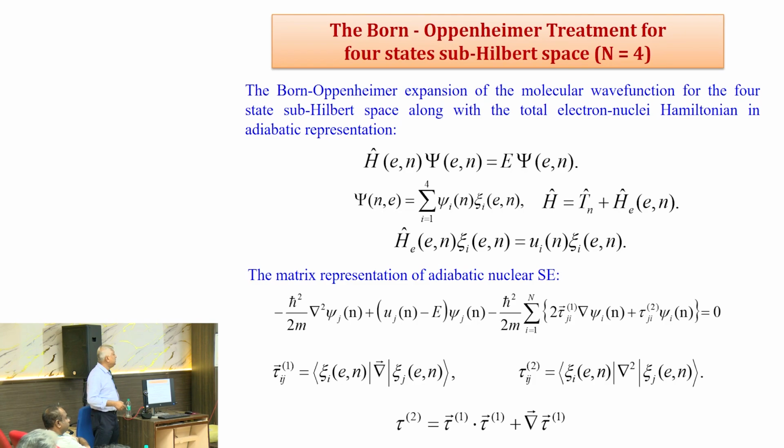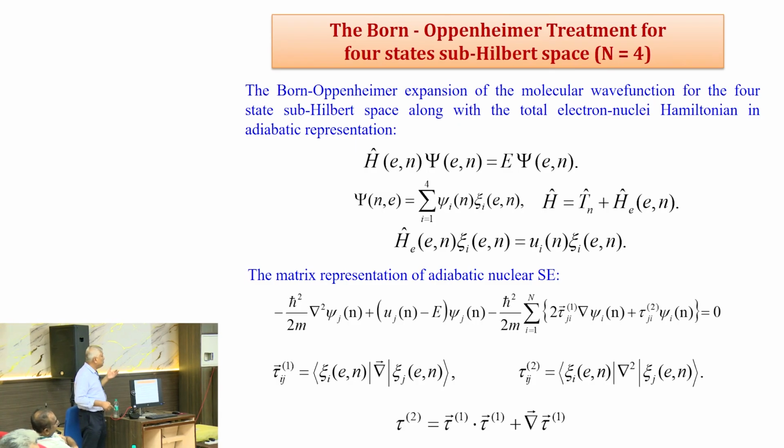If you substitute the total molecular Hamiltonian into the Born-Oppenheimer-Huang expansion, this is the total Hamiltonian: the electronic Hamiltonian plus the nuclear kinetic energy operator. This is the electronic Schrodinger equation. You solve it by Hartree-Fock and post-Hartree-Fock. If you substitute everything, you get the coupling between the electronic states. This is the nuclear wave function,